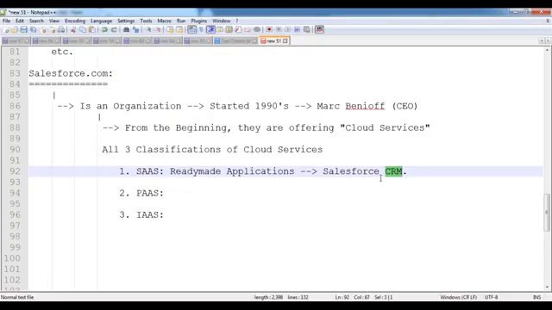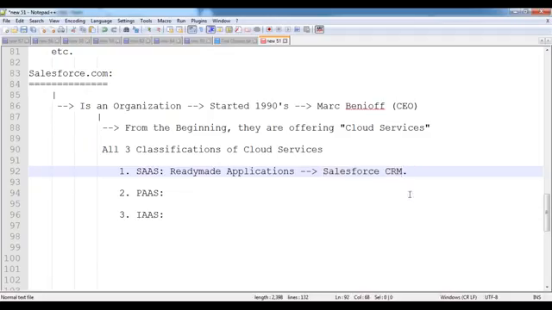Without the customer, we can't run the business because the customer is the base. The customer is a god for every organization because without the customer, we can't sell the product, we can't run the business, we can't generate revenue, we can't get profit also. So the customer is the base for every organization. To store all our customers' information and all the customer relationship information in one place, we are using this Salesforce CRM application.